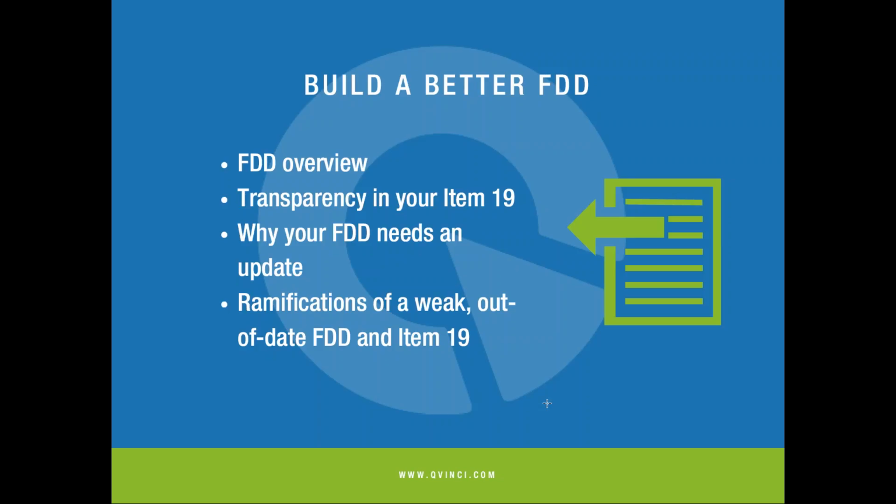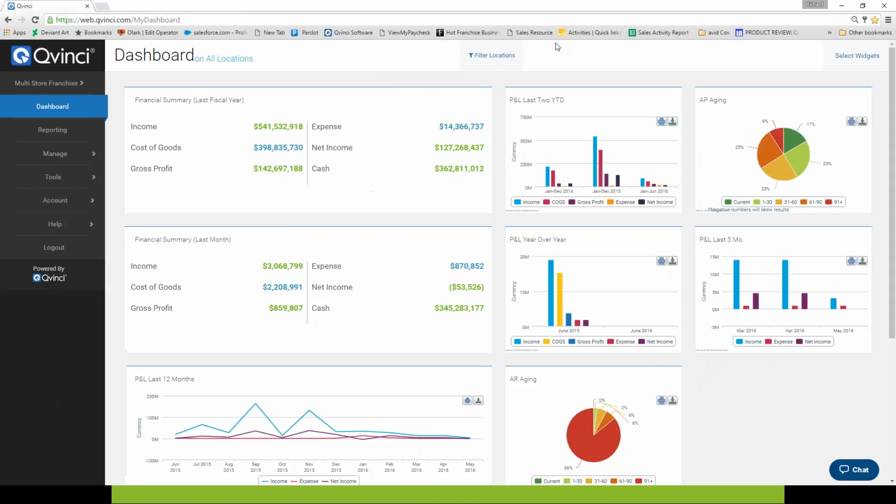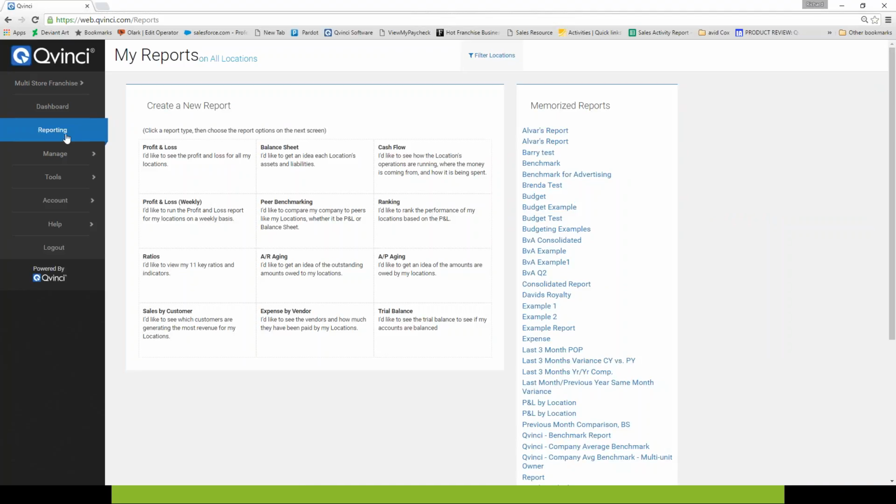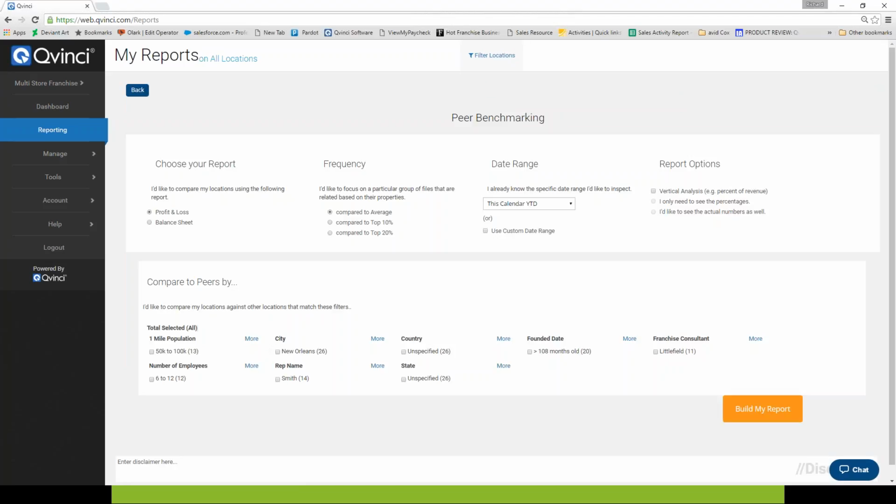Now, this is where Qvinci, as a tool in your arsenal, is such a powerful solution for any franchise system. What we're going to do now is take a quick look at Qvinci, and I'm going to bring that over. This is our demo page, and specifically as it relates to an Item 19 and giving a financial picture of your organization, we're going to take a look at one of the tools in Qvinci, and that is our benchmarking tool. What you can do with this in building your Item 19 is look at your entire system, which in our case